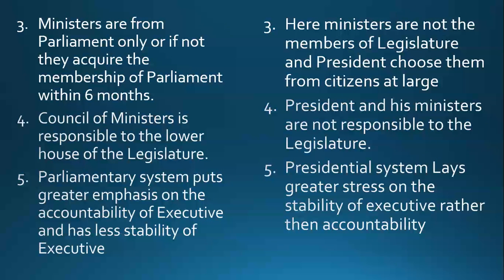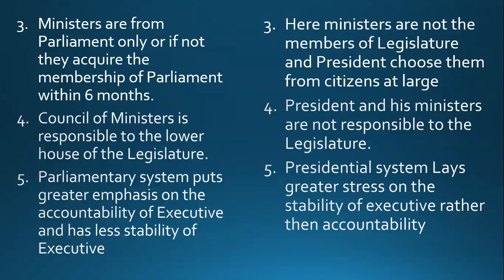So what is executive? Executive means council of ministers. Okay, so I have told you that the council of ministers means the executive is responsible to legislature. Okay, so executive is responsible to legislature, means legislature has the power to remove the council of ministers. Legislature has the power to punish the executive. Okay, so executive is highly accountable. Okay, means executive cannot do anything wrong. If executive does anything wrong, then legislature will punish the executive.